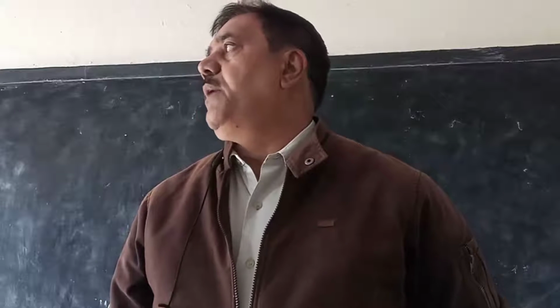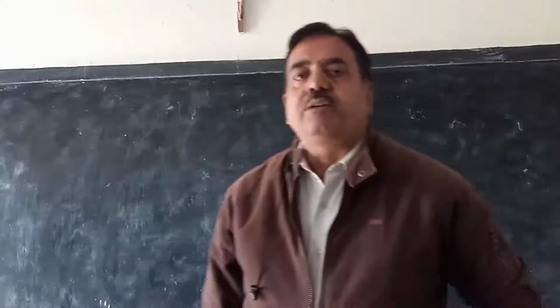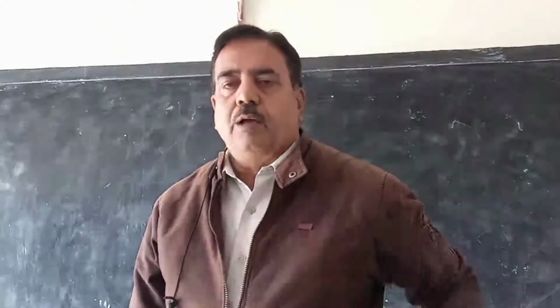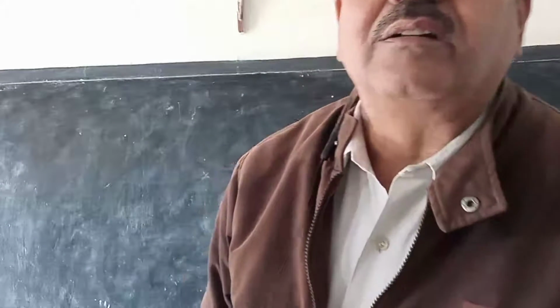Today I am going to explain to you the chapter Mensuration, in which you have to study how to find the area and perimeter of the right triangle, area and perimeter of quadrilateral, square, circle, cube and cuboid. So today I am going to explain the area of the triangle, how to find the area of the triangle. Right?